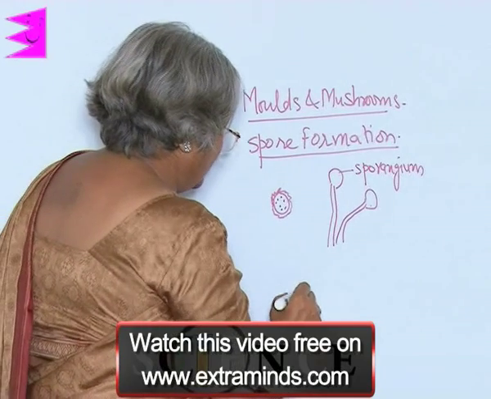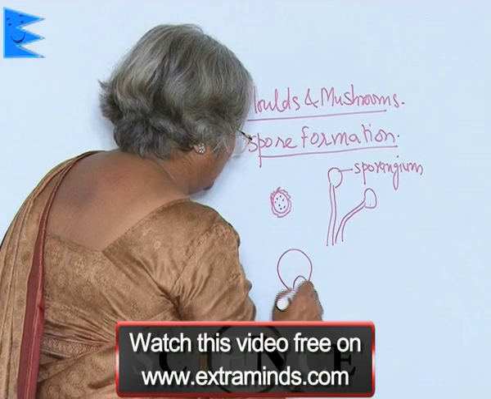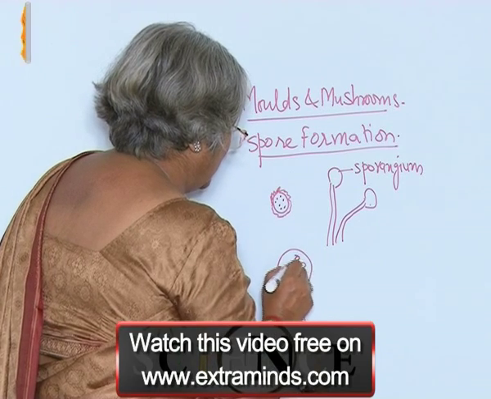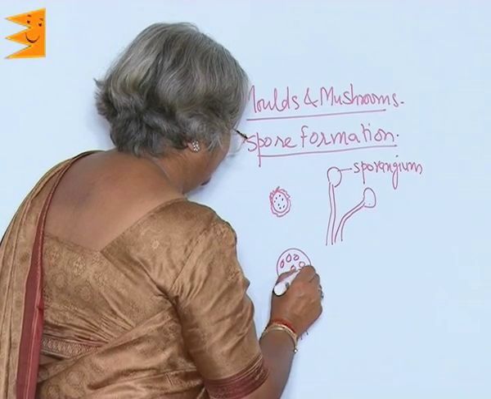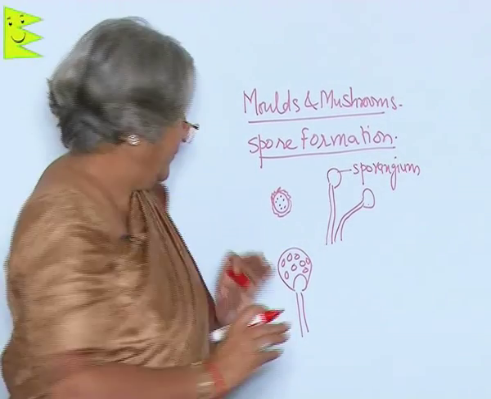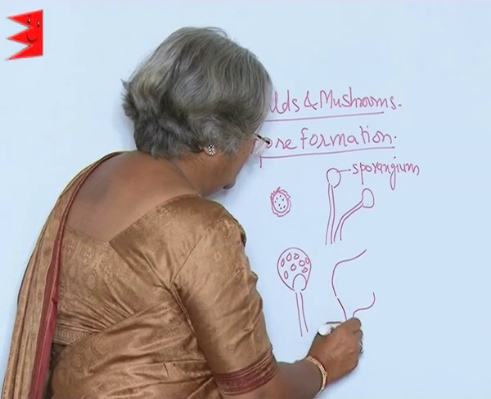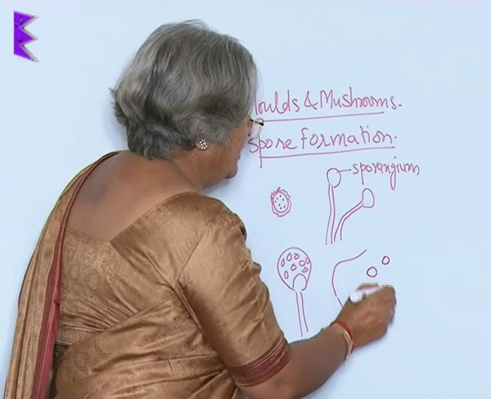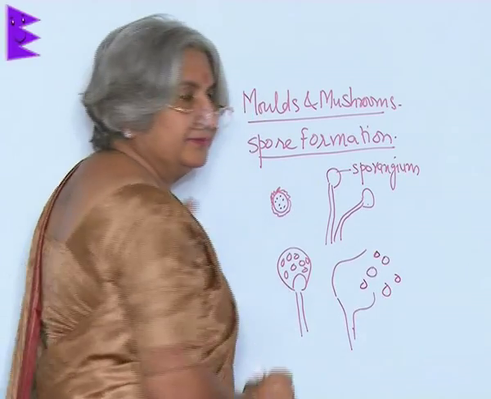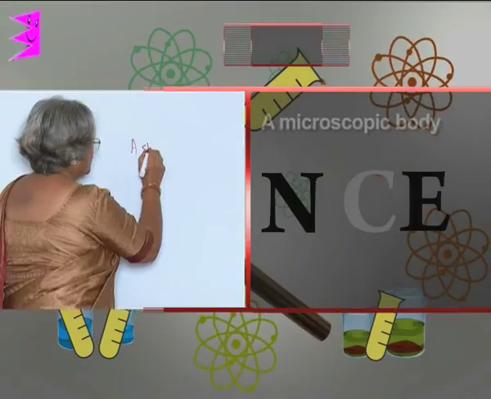Now, this sporangium looks somewhat like this. Inside there are spores. So, when the spores are fully developed, it breaks open and the spores are liberated into the air. A spore is a microscopic body